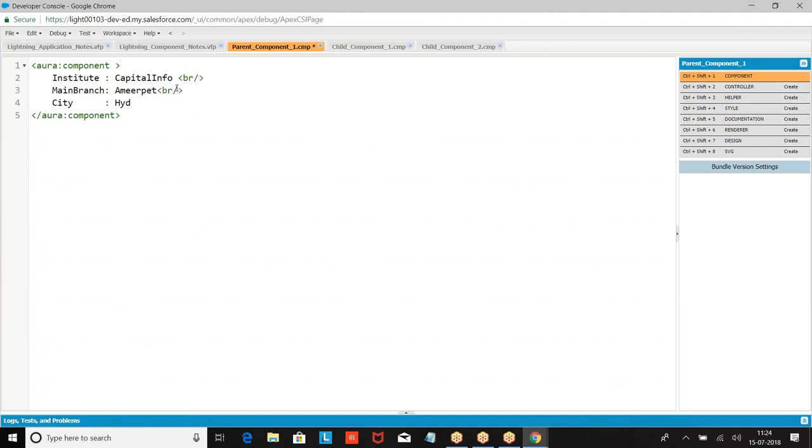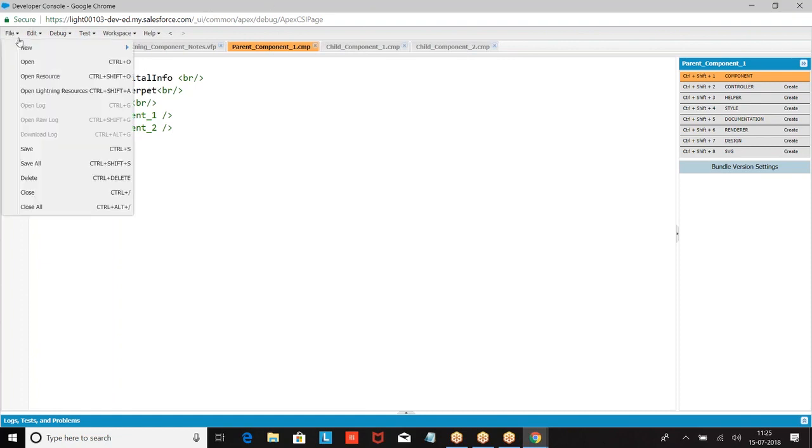Now within the component I was trying to call another component. So how do you call? C colon child component 1, child component 2. So within the component we are calling another component.